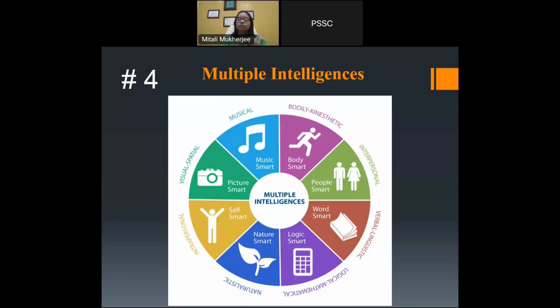यानी मैं आपको सिर्फ ये समझाने की कोशिश कर रही हूँ कि आपके क्लास में 8 टाइप के बच्चे हैं। एक तो लर्निंग एबिलिटी के हिसाब से 4 है और इंटेलिजेंसेस के हिसाब से आपके क्लास में 8 तरीके के बच्चे हैं। वो क्या क्या है आप समझिए इसको। You can take a screenshot of this as well. नंबर 1 इज बॉडीली काइनेस्थेटिक, जिनको आप कुछ करवाते हो तो सीखते हैं, काइनेस्थेटिक बच्चे हैं, ठीक है। नंबर 2 इज इंटरपर्सनल, जो बात करते हैं, पीपल स्मार्ट, वो बात करके समझ जाते हैं, कोलैबोरेट करके सीखते हैं।